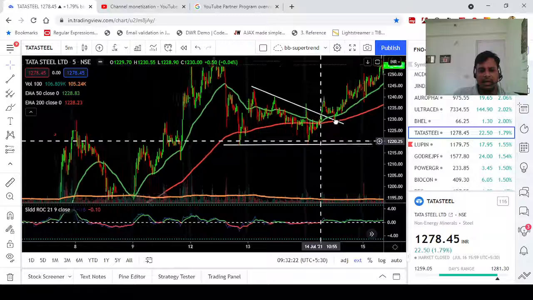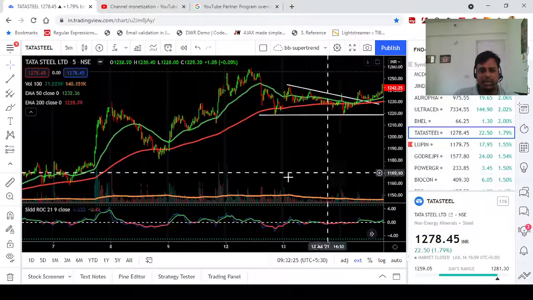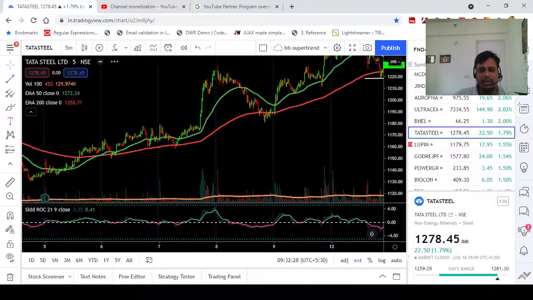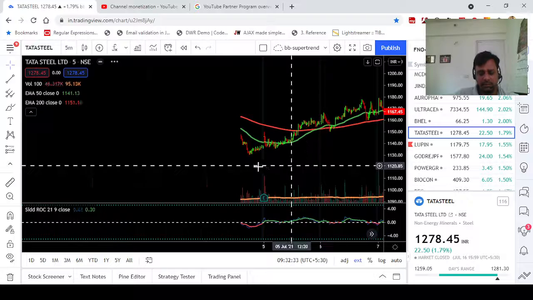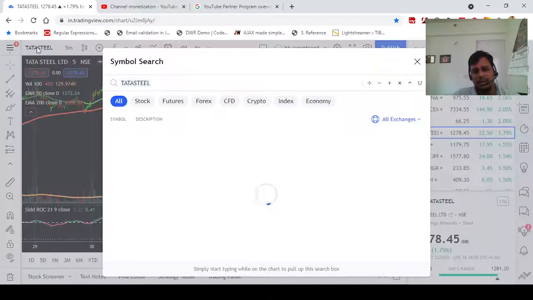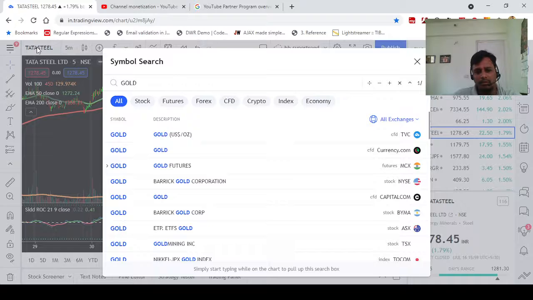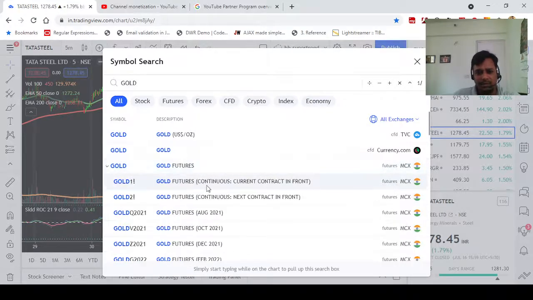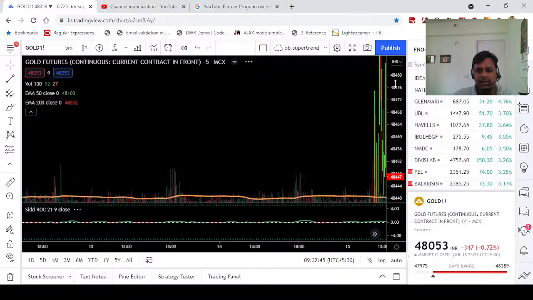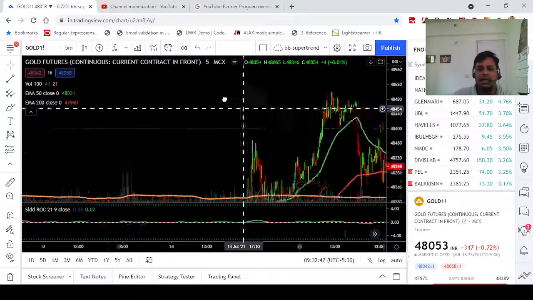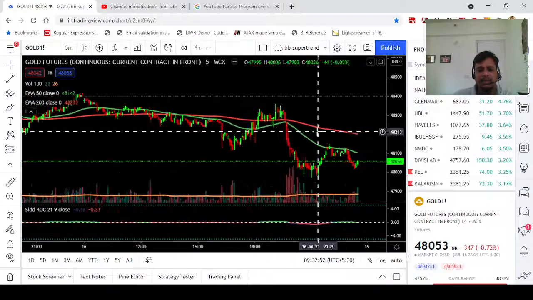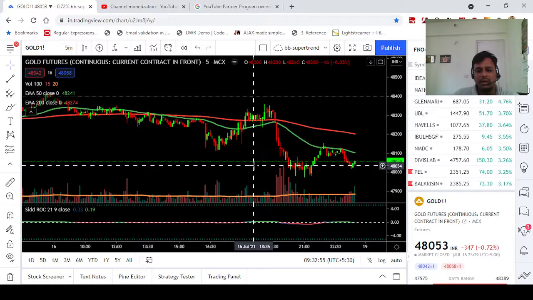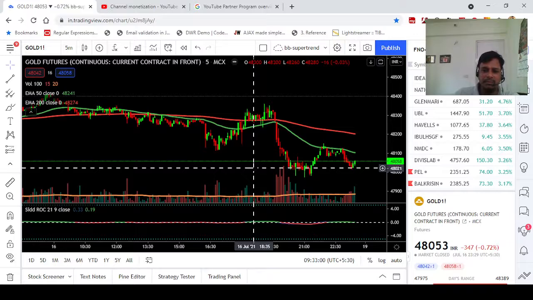So, friend, I am myself a trader. I am trading, and this is one of my setups that I sometimes use, and I am getting very good signals in this kind of trade. Let's say I go for gold; even in gold as well, I am getting good trades here. In gold futures, commodity futures, currency, everywhere I am trying this. This 50 moving average and 200 moving average is working like anything, but the trade should always be rule-based trading. If rules are not followed, then losses will happen.